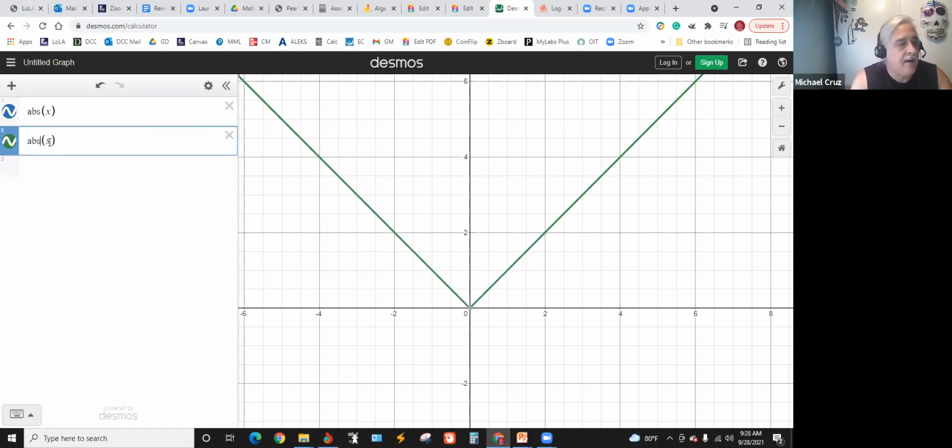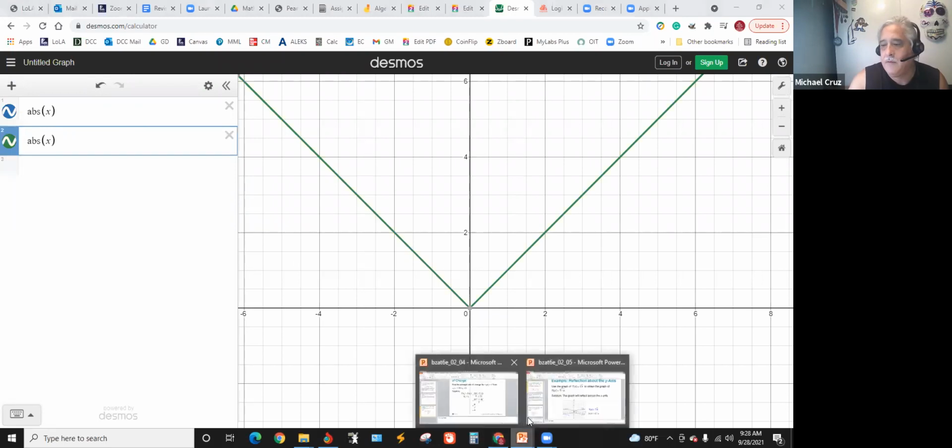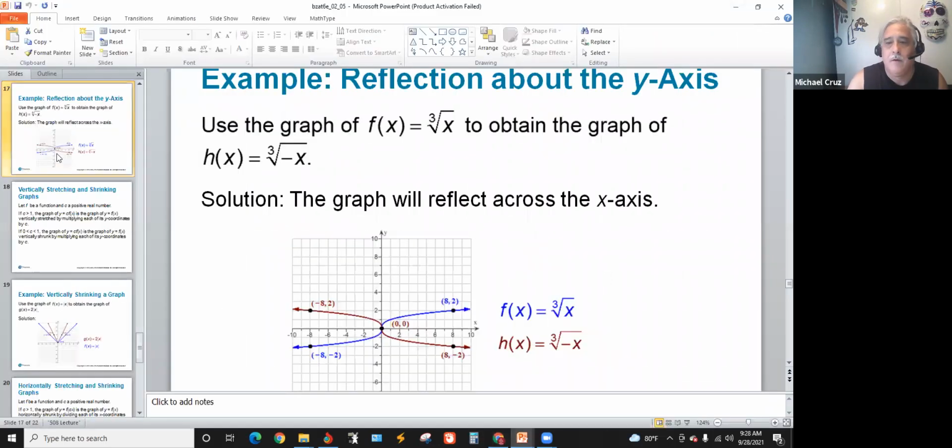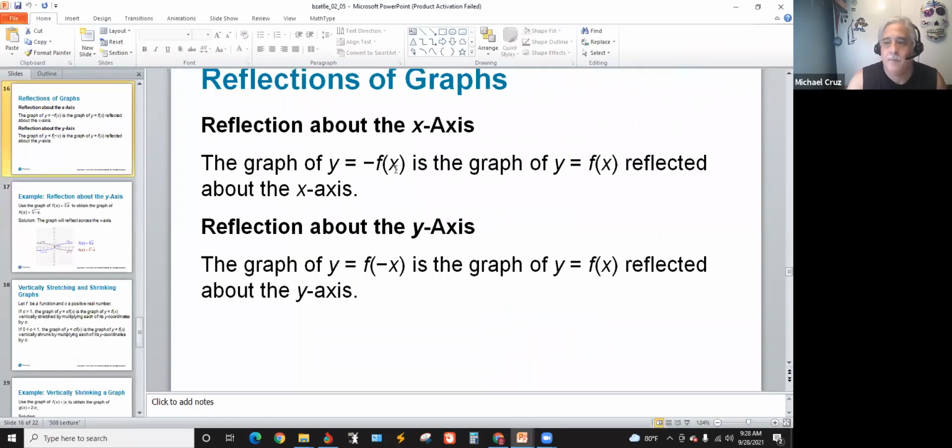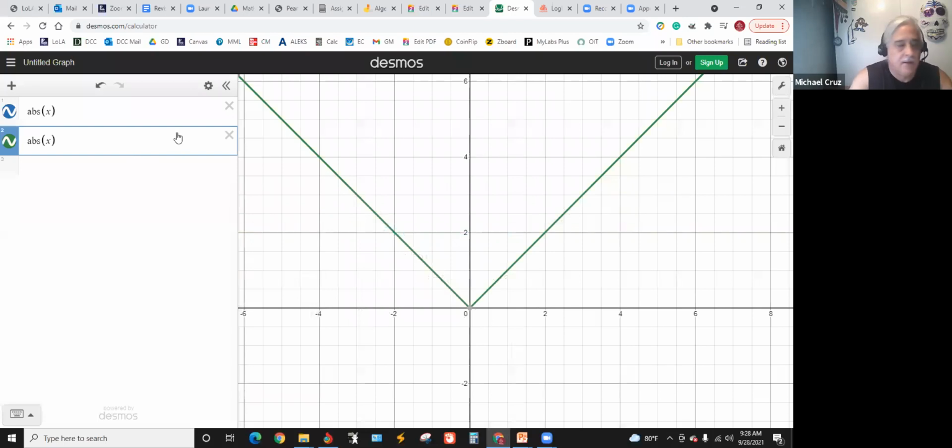Now let's say I negate that, and that's the first one that they mentioned in this slide. I'm negating the whole function, so that's going to reflect it on the x-axis. So when I negate that whole thing,